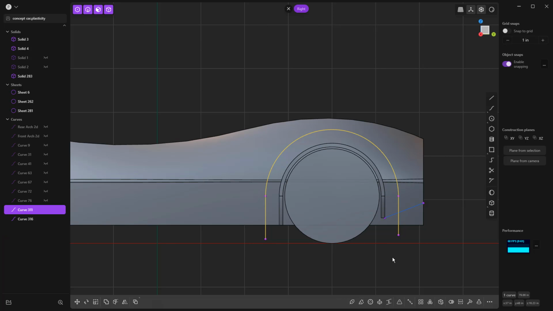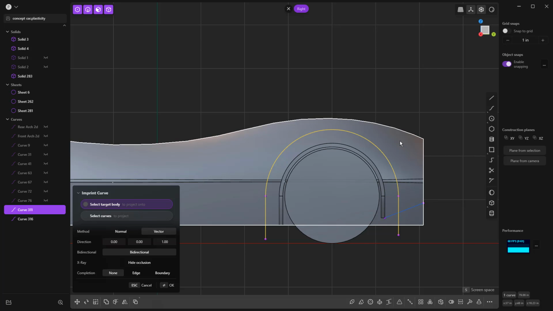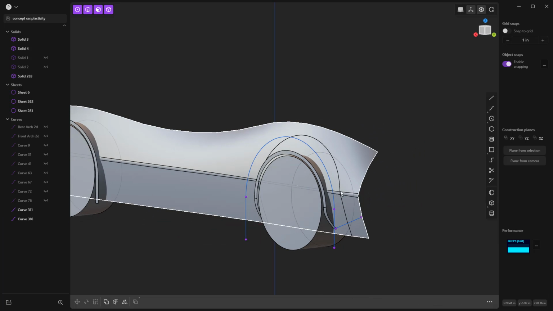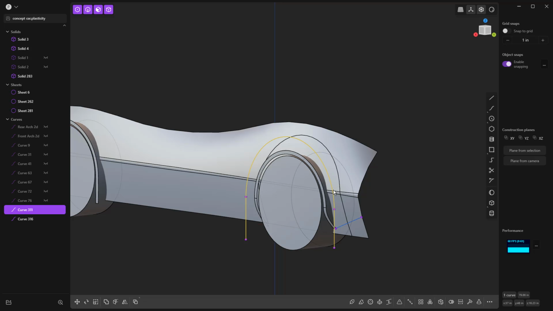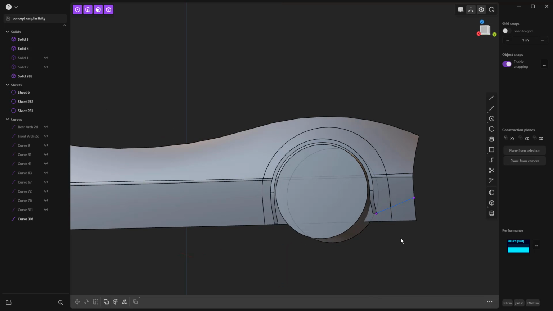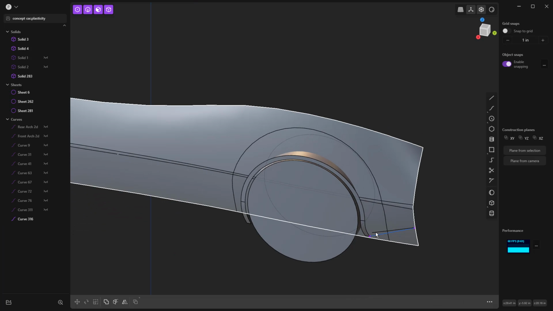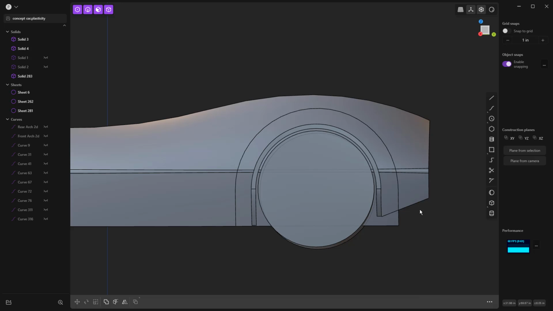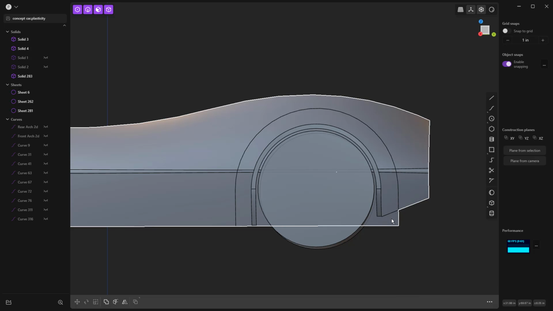So J, and then I'm going to do an imprint. So Shift and I, and I'm going to imprint it to that body, which will basically give me that inside selection. We'll hide this one for now. I'm going to do the same thing here. So Shift and I, imprint it to that body. It's going to end kind of at a weird place. Let's hide that. But basically what it allows me to do is Shift delete that section,